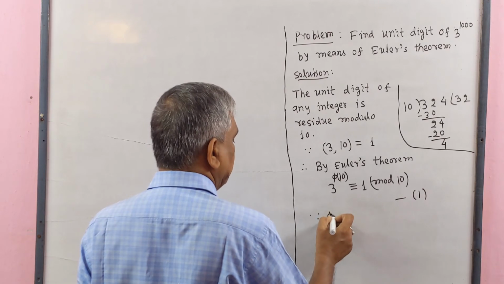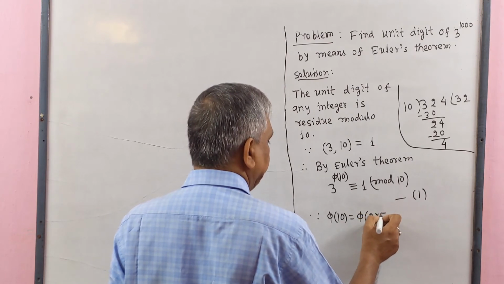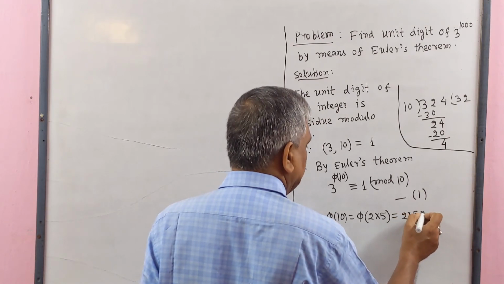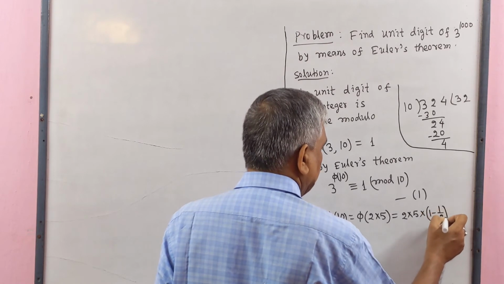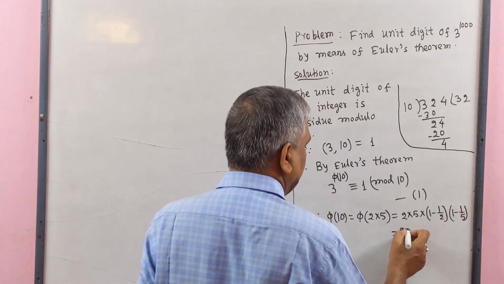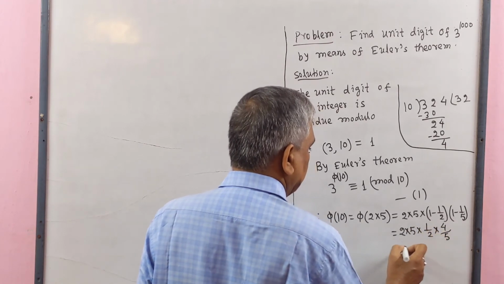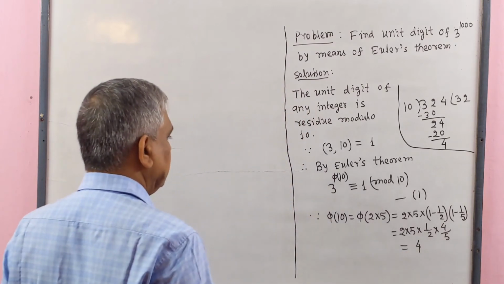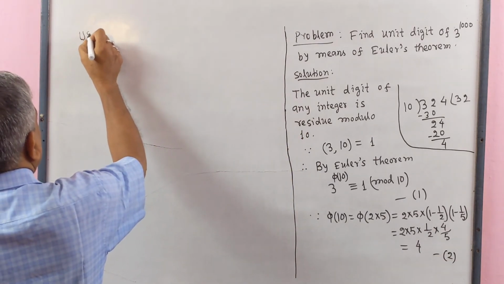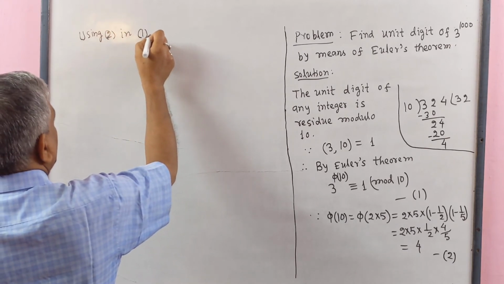Since Euler's phi function of 10 equal to phi of 2 multiply 5 equal to 2 multiply 5 multiply 1 minus half multiply 1 minus 1 by 5. This is 2 multiply 5 multiply half multiply 4 by 5 equal to 4. This is number 2. Using 2 in 1, we get